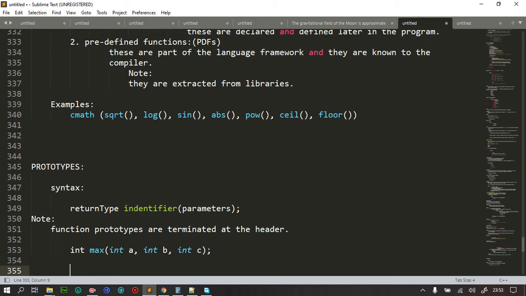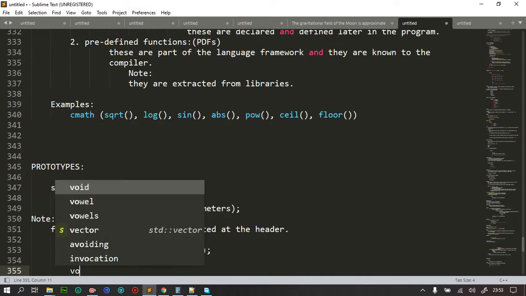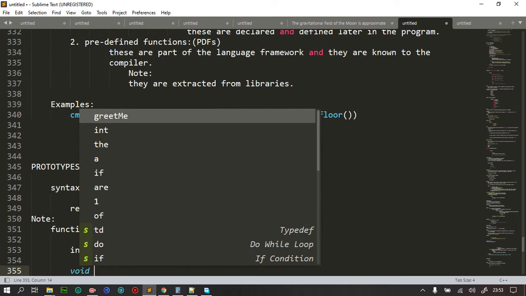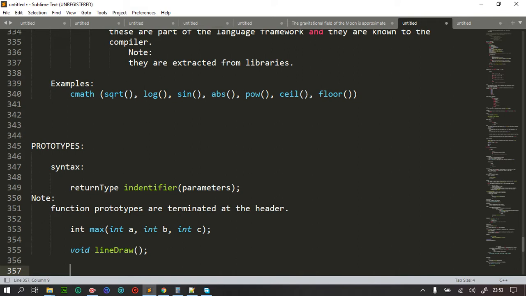Assume we had another function which we can say void line draw. I have a function that draws a line, so I will terminate. Okay, you see that? Then I have a function that